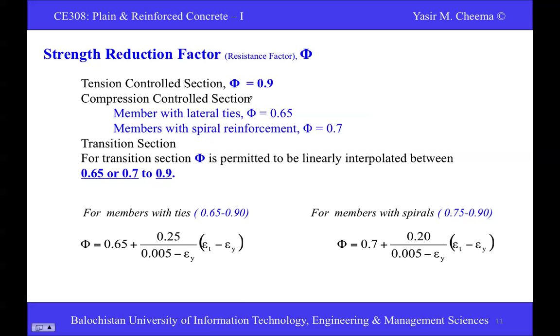For the compression control section, there are lateral ties and spiral reinforcements in columns. When you go for column design, there are two types of reinforcement. One is called lateral ties, another is called spiral reinforcement. For those we use 0.65 for the lateral ties, and for spiral